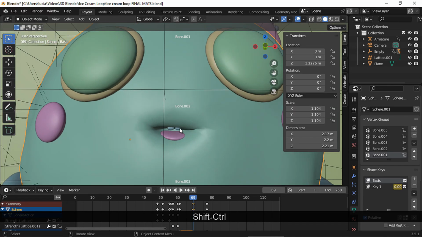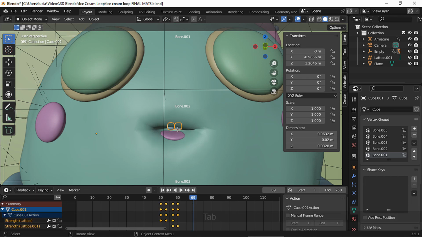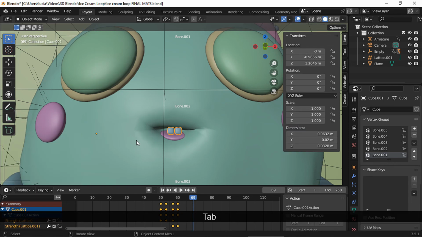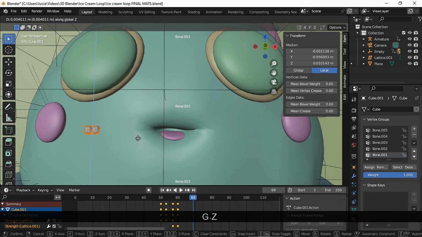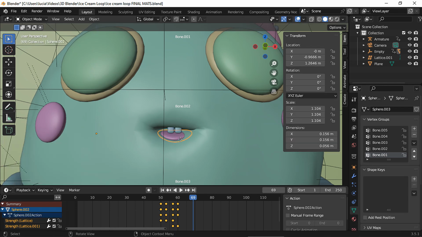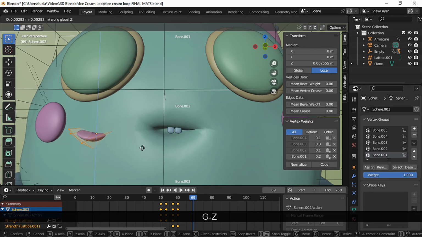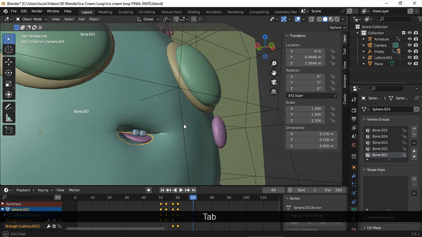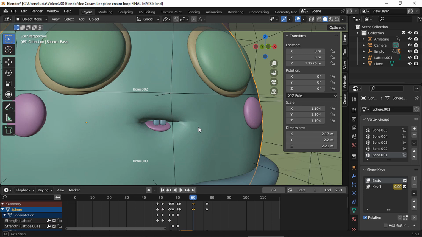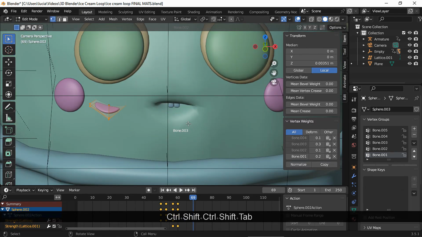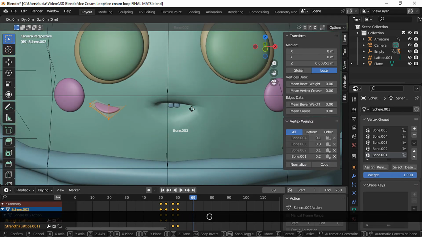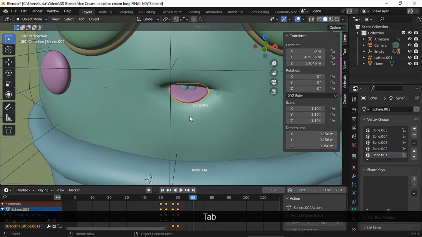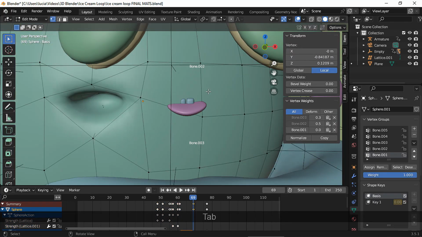Then I had to move the teeth a bit. And after that, I had to move the tongue as well. I went back to the mouth.